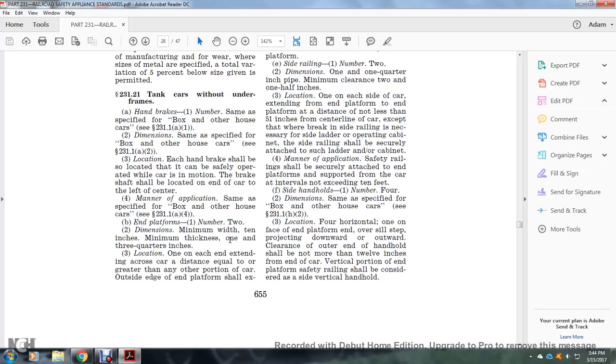231.21, tank cars without underframes. Handbrakes. 1. Number same as specified for box or other house cars. See statute 231.1A1. 2. Dimensions same as specified for box or other house cars. See statute 231.1A2. 3. Location. Each handbrake shall be located so it can be safely operated while the car is in motion. The brake shall be located at one end of the car to the left of the center. 4. Manner of application same as specified for box or other house cars. See statute